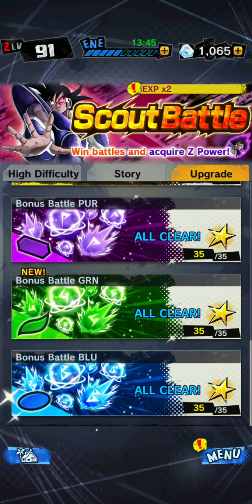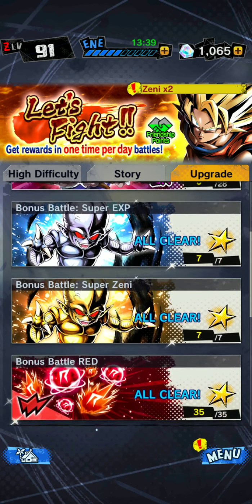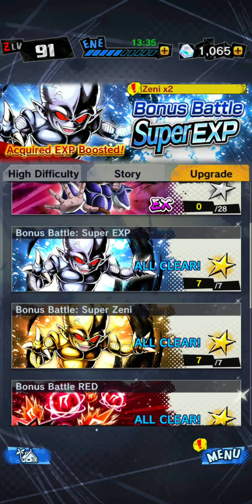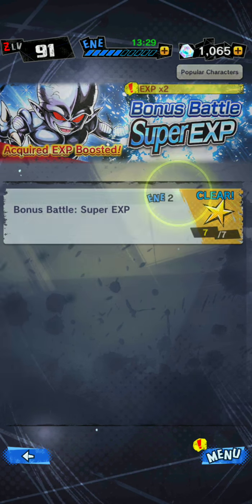You have your other stuff here if you're running out of materials, or if you need money or experience for characters, you can do that as well. I highly suggest you really farm Super XP right now, as of today's date, March 15th. You want to make sure you're using this as much as you can to get certain characters up in level. To give you an example,